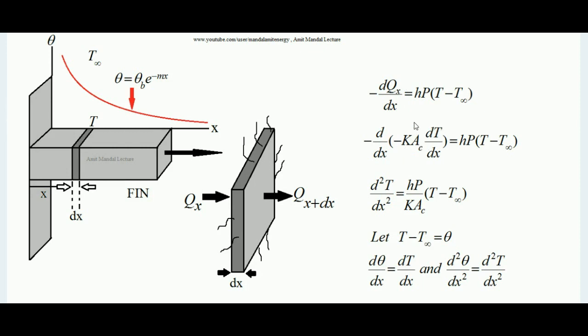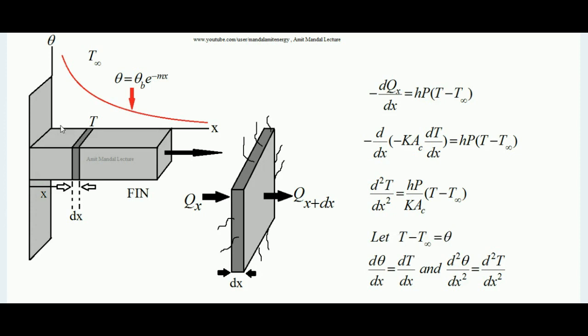Now actually we are doing differentiation of this function, because over here what is there? d by dx of this expression. So the constants will come out. So minus k will come out, becomes plus k, and d by dx of dT by dx means double differentiation of temperature with respect to distance. It will give d square T upon dx square. So plus k which has come out can go in the denominator of the RHS. So ultimately we will get d square T upon dx square equals hP by kAc into T minus T infinity. Okay, got it?